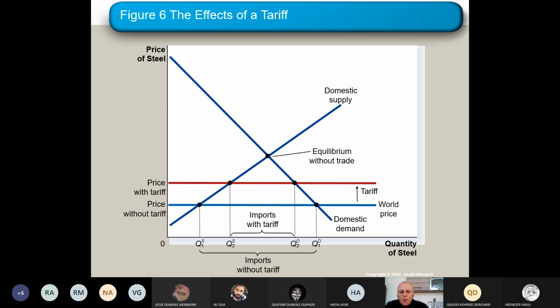which is a little bit more production capacity enlarged results of this tariff, which means the external producers who are trying to access to our market will pay more tax, and on the other side, the domestic market and producer will enjoy to produce more production, which is shifted from QS1 to QS2, which is shifting the production delta QS, where the production in domestic market is enlarged, and on the other side, results of this tariff and tax, the tax is reducing and causing some consumer welfare reduction from QD1 to QD2,